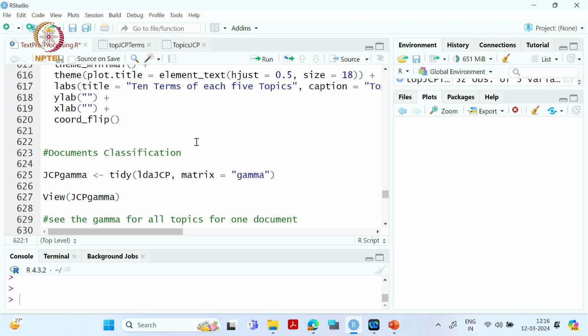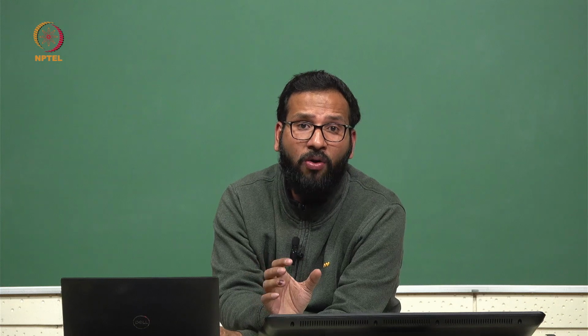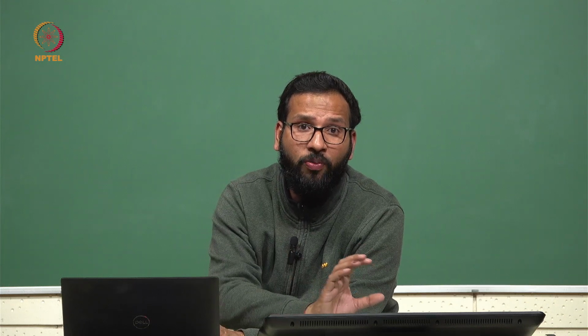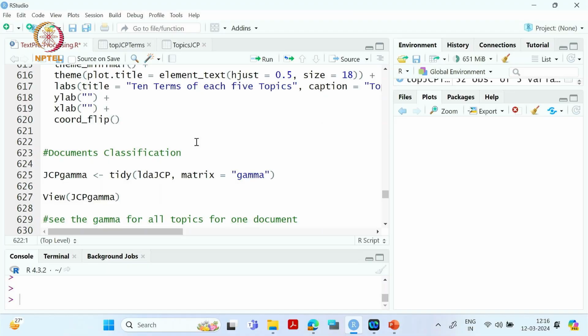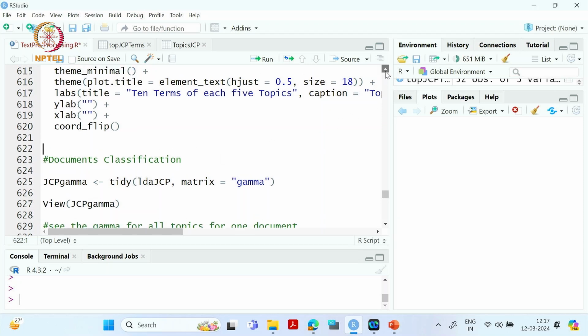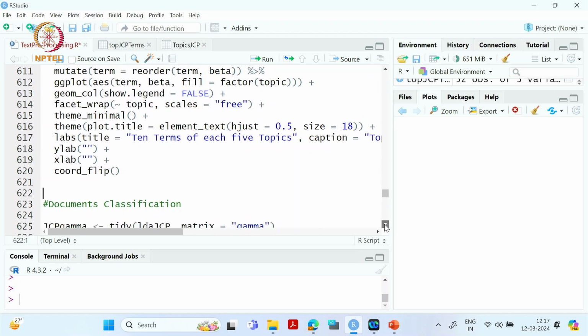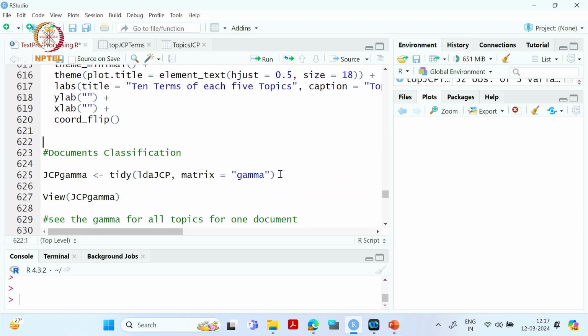After this, we have the topics and terms. Now we want to classify the documents, that is, what exactly the topic associated with a particular document is. For that we have a score called gamma. So gamma is a posterior topic distribution for each document, okay. Like above where we did it for matrix beta, now we'll call it matrix gamma. And if I do like this,